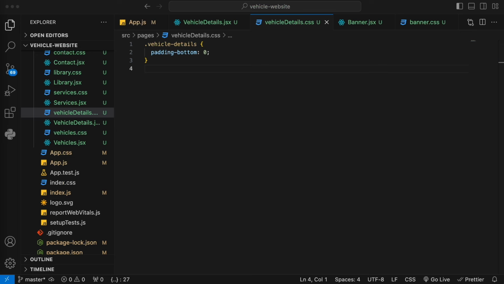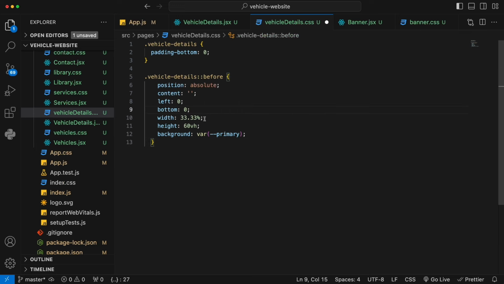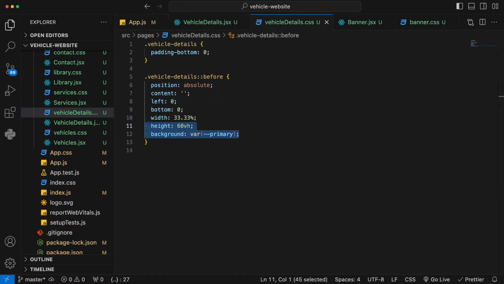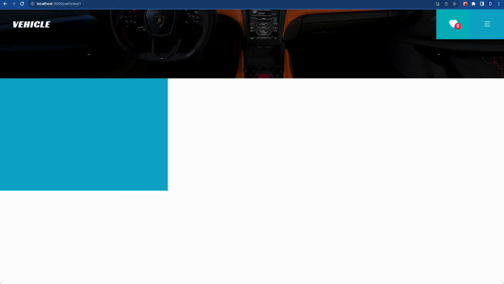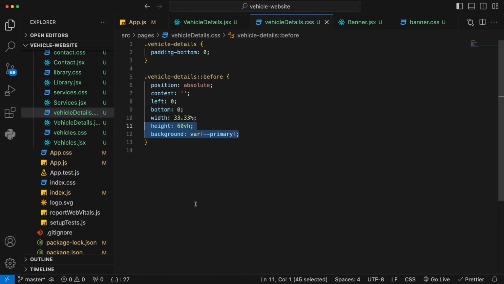And then also, for this page, we're going to add a pseudo element at the bottom left corner, which has a width of 1/3 of the screen size, and also takes the height of 60%. The background color will be our theme color. So once you have that, you're going back to the page, you will see that one there. And going back,